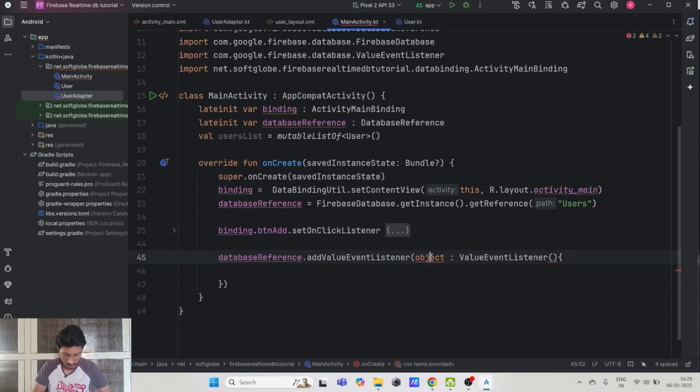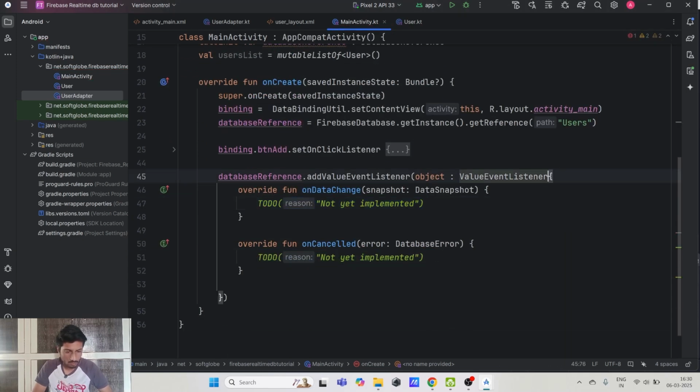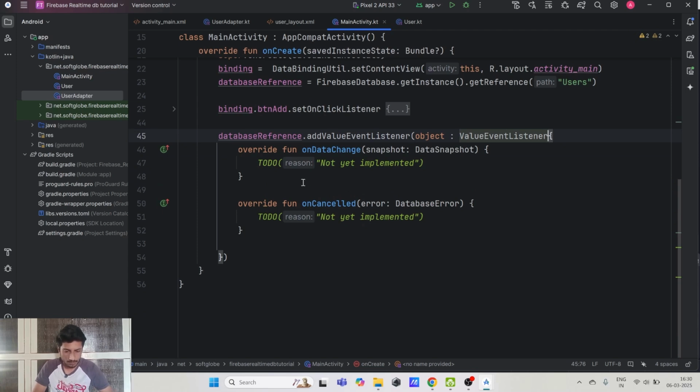Yeah. And we need to implement members here. Oh, we don't need this constructor call here. So now we get two methods here, onDataChange and onCancelled. So in the onDataChange, whenever a change happens in the Firebase DB, then we get a callback here,